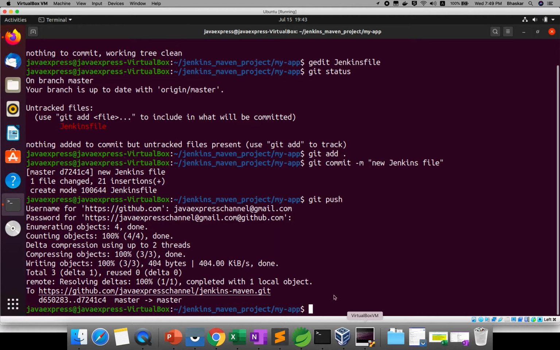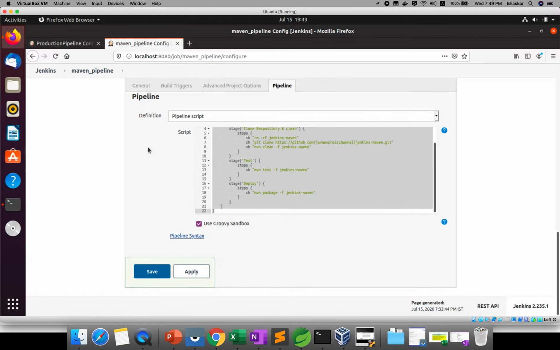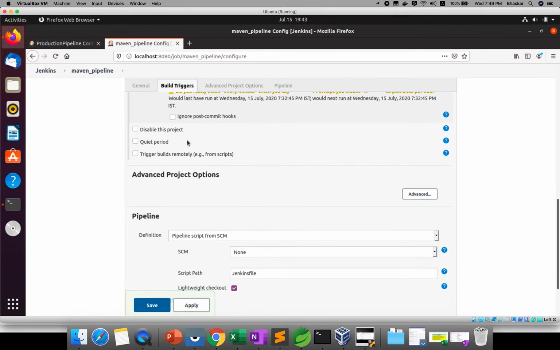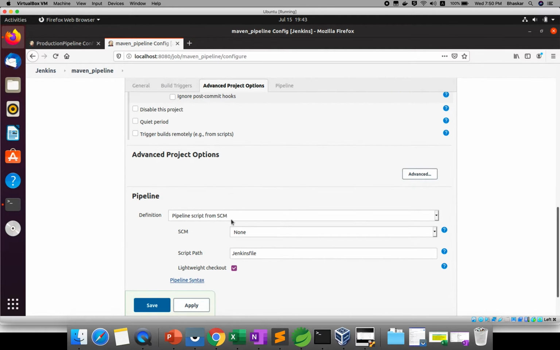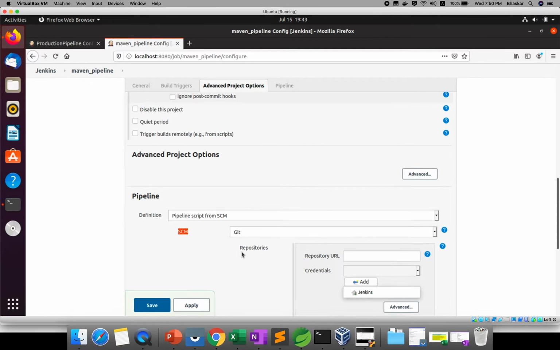Now previously we created one job, right? That job will change now. Here we configured the pipeline previously, right? Now what I will do is choose pipeline script from SCM. If you see, SCM is none. If you make it git, previously we gave the option like the git clone URL, that way we provided. If you watched my previous video you will understand. Here you can provide your URL.